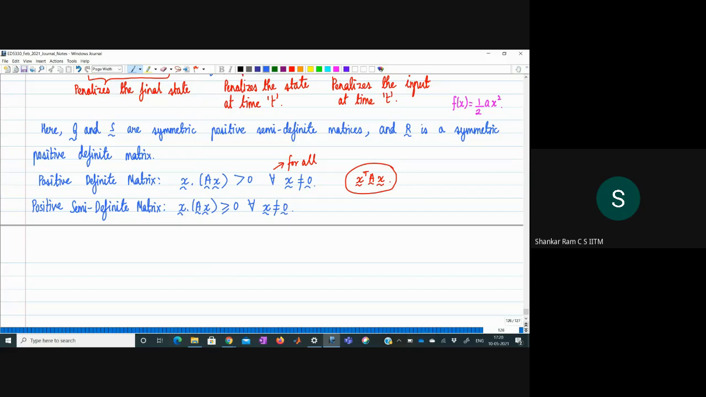Okay, this is the definition. All right. So now coming back to this linear quadratic regulator, in fact, I'm just going to write down the solution. We will not worry about the derivation here. So the optimal control input that minimizes J